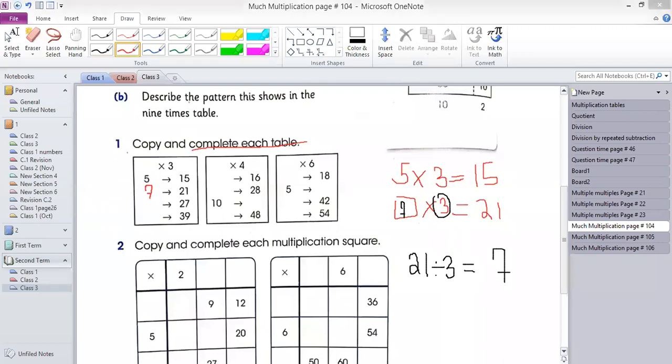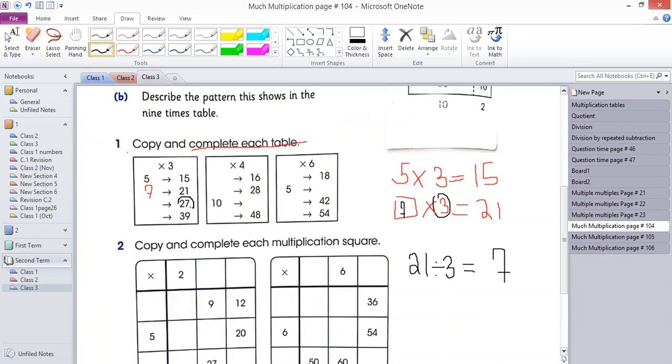Up to here, everything is clear, guys? Write the first table. Very good. So you have understood how you have to complete this table. In table 1, all numbers are multiplied by 3 and these are their results. 5 and 7, we have finished. Now you are going to tell me what we are going to write for 27.